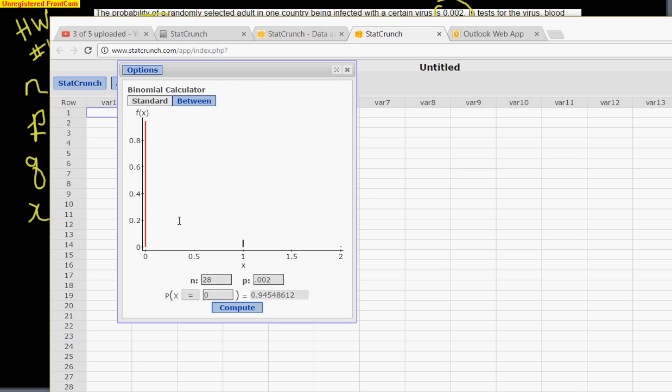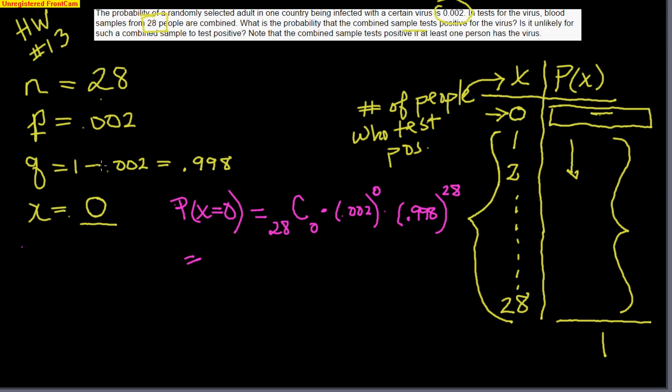Nobody tests positive. We compute that and we get a value of 0.9454. So let's put that right in here. So that was this value right up here. The probability of nobody testing positive is